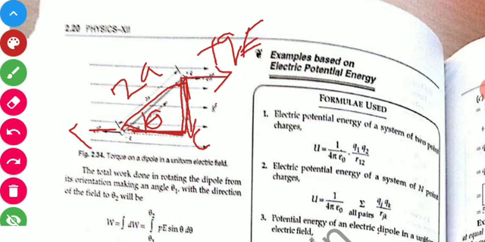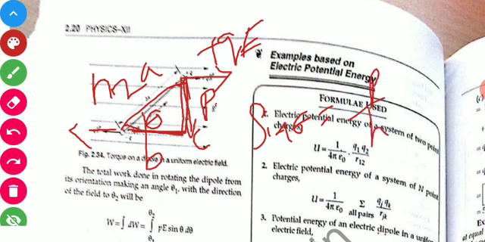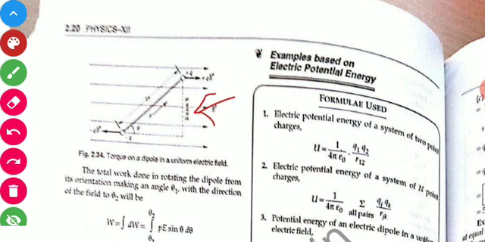Now, here we can see that this is the perpendicular, this is the hypotenuse, and this is the base. Now, students, we know that sin theta is equal to perpendicular upon hypotenuse. So, here we want to calculate the perpendicular. So, perpendicular will be equal to 2a sin theta. So, we have calculated the perpendicular. So, this side is 2a sin theta.